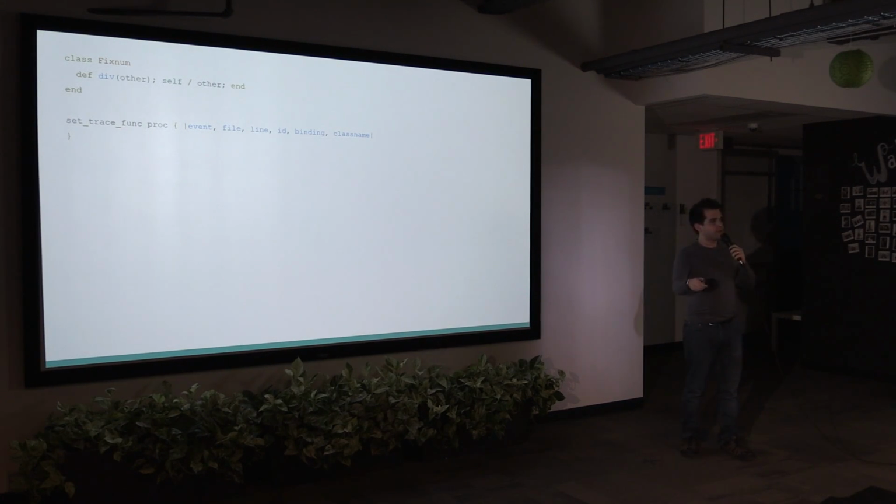If I divide 4 by 3, integer division, I should get 1. That's how integer division works. Everyone expects that. But here's how we can mess with this. So set_trace_func is a method on the Kernel. It takes 6 parameters. You can look up the documentation of these 6 parameters. But one of them is a class, one of them is a method, and one of them is an event. So if I see that you are calling div on a Fixnum class, I can